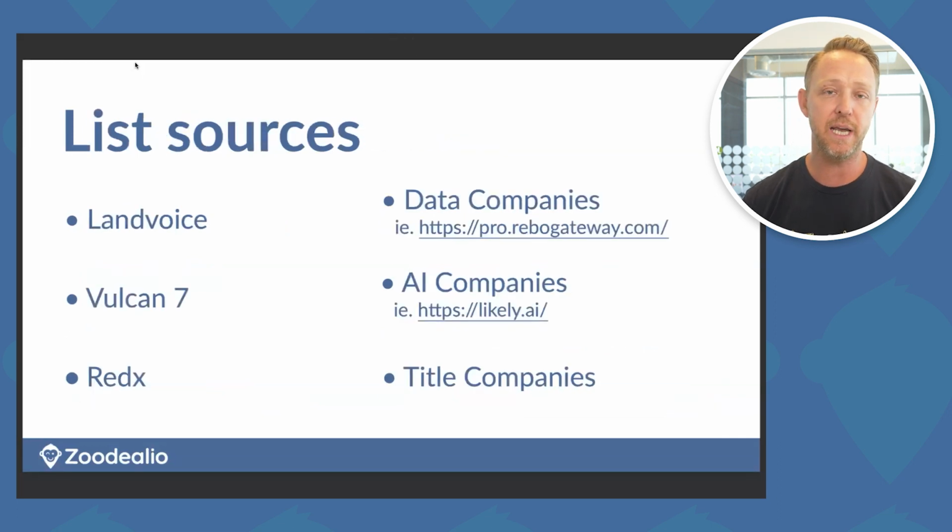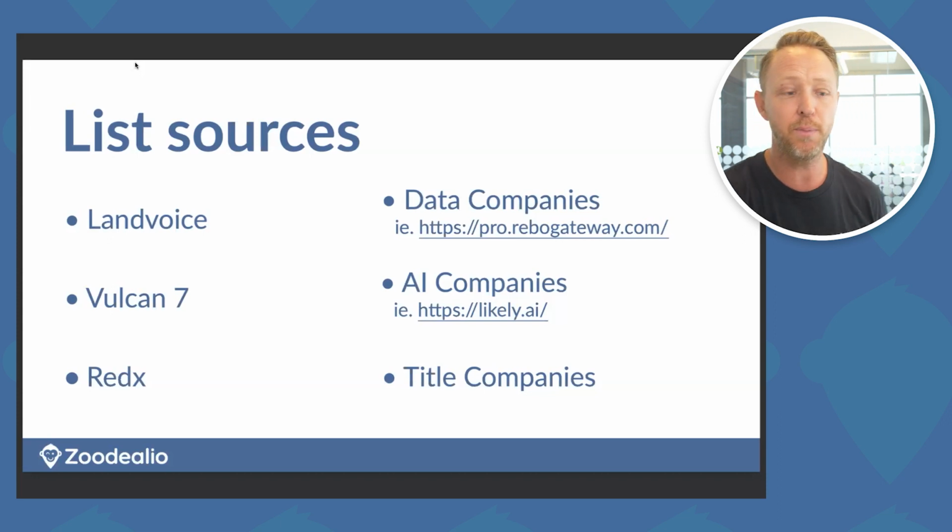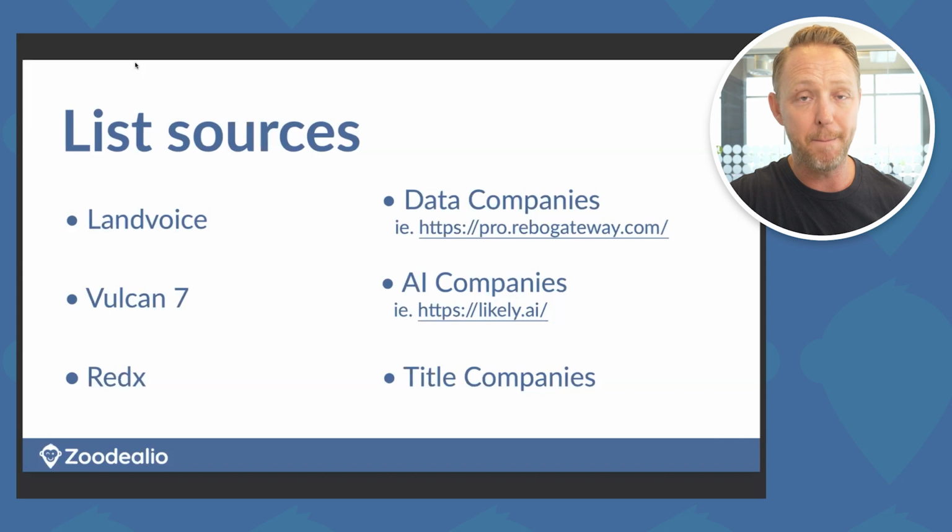So this takes me to one of the sources here, which is title companies. A lot of title companies and title partners, depending on where you're at in the country, can really assist you here to where they can help you pull a farm, either a zip code, which a lot of the time is going to be a massive number, usually double down on the subdivision or a specific area or a county, right? Those of you guys that are back east, the counties can be very, very small. But then from there, if you have LandVoice or Vulcan 7 or RedX, right? Those are places that people are drawing in those canceled and expired lists.